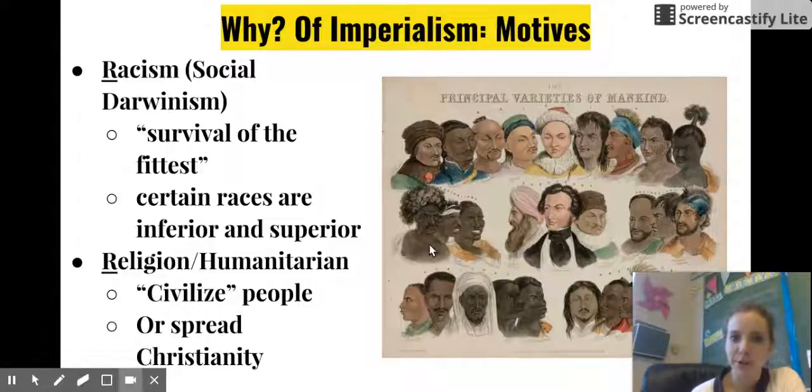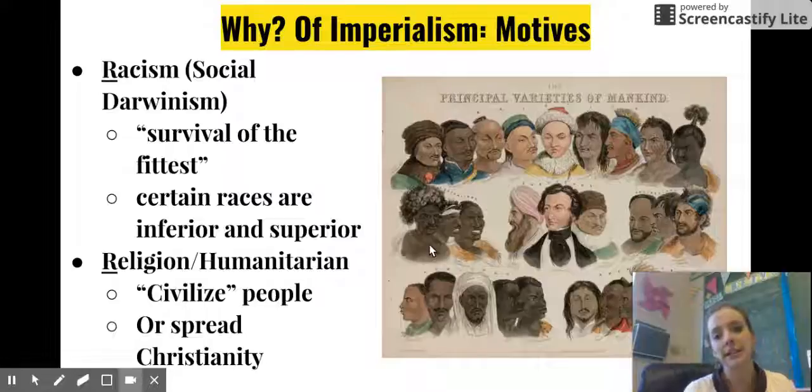Darwin has published his book, Origin of Species, and from that idea, you get the idea of social Darwinism. Darwin did not support that idea. Herbert Spencer takes Darwin's idea and applies it to society, applies it to people. And basically his argument is that the fittest people will survive. There are some fitter people, there are some more highly evolved humans, and this is where he comes up with